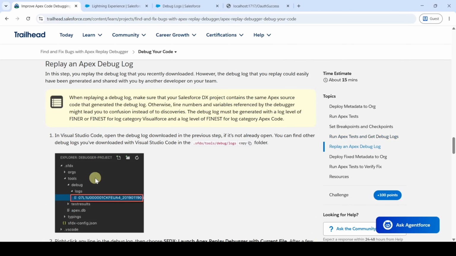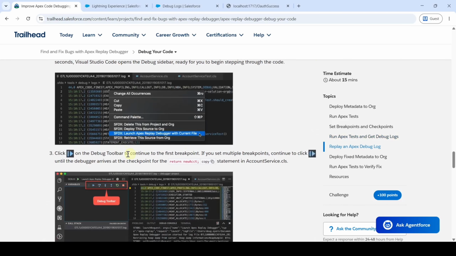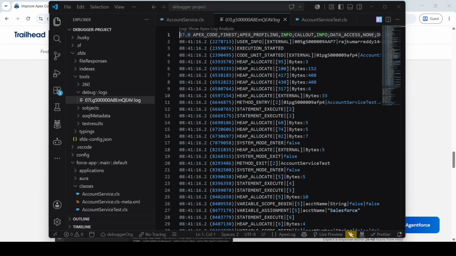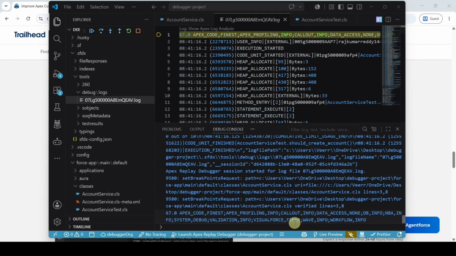Then the next step is to launch the Apex Replay Debugger. Move to Visual Studio Code, place your cursor anywhere, and right click. Here you will find the command SFDX: Launch Apex Replay Debugger with Current File.